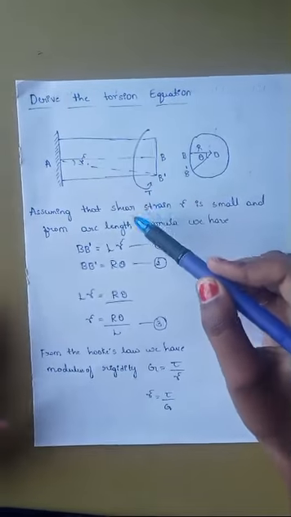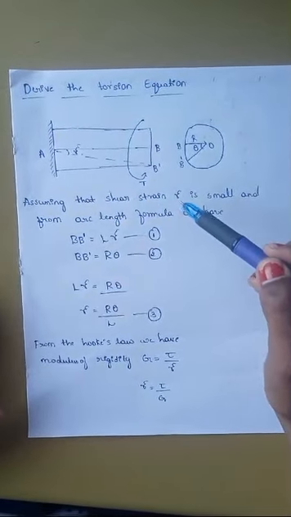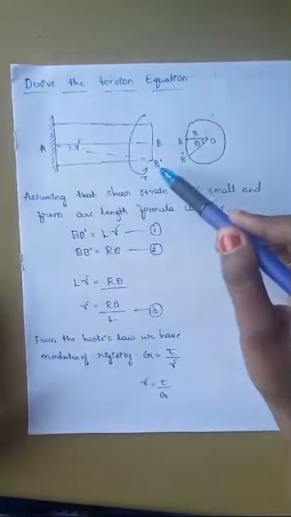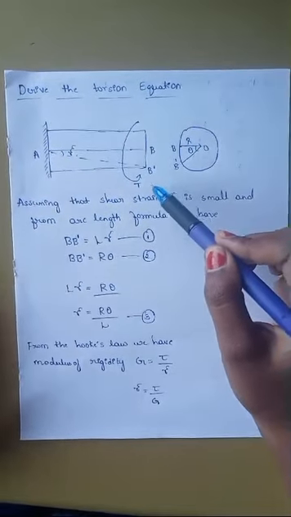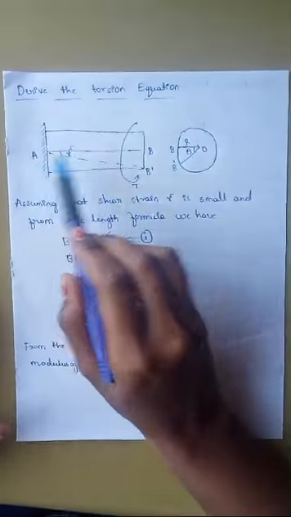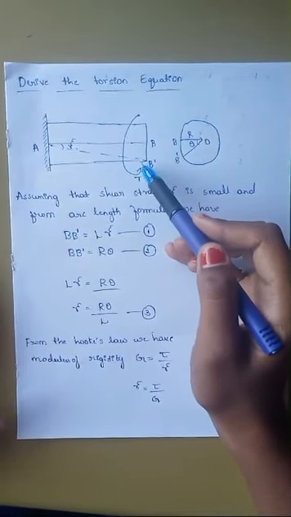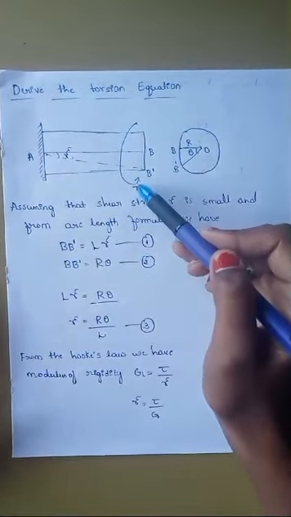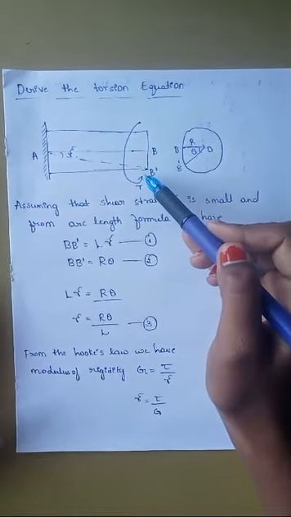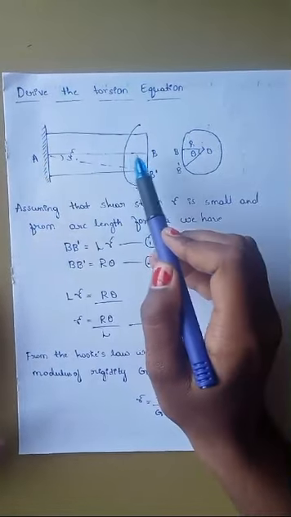Let us consider a circular shaft of length L and diameter D, rigidly fixed at one end. Draw the line AB on the surface of the shaft, parallel to the horizontal axis. When torque T is applied to the free end of the shaft, the line AB is shifted to the